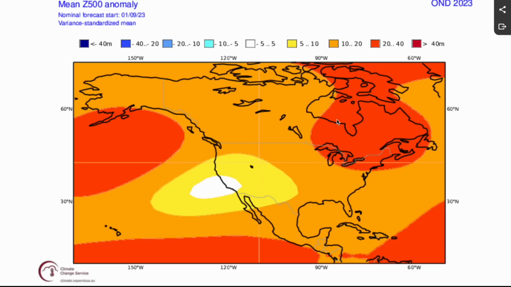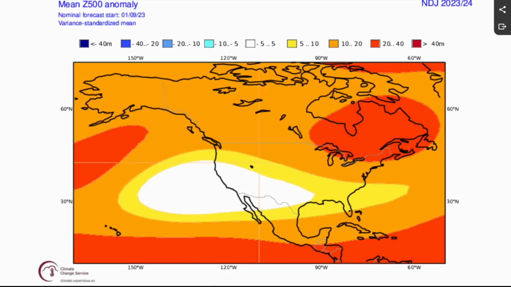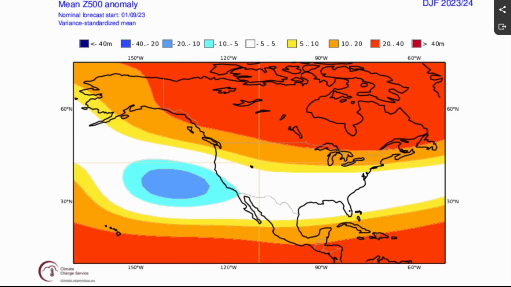So we'll start here with the October, November, December period, then November, December, January, and finally December, January, February. Notice what happens as we go through the animation. We start off for the October, November, December period with mostly above normal heights for the entire United States. But by the end of the forecast period, we see an area of significantly below normal heights develop off the